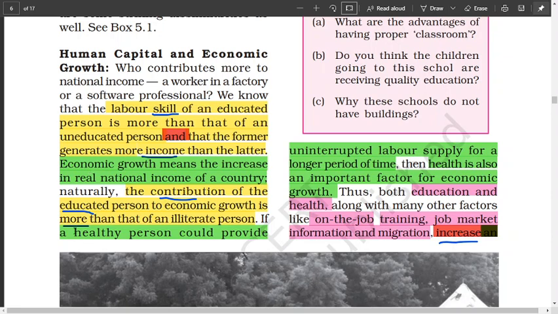Secondly, we talk about health. A healthy person could provide uninterrupted labor supply for a long period of time. So you compare between a healthy person and a sick person who is out of the job most of the time. You understand healthy person contributes more. So this is another important factor for economic growth of the country. So both education and health are prime importance, but we also know on the job training, job market information, migration, these also help in contributing to human capital, and human capital increases